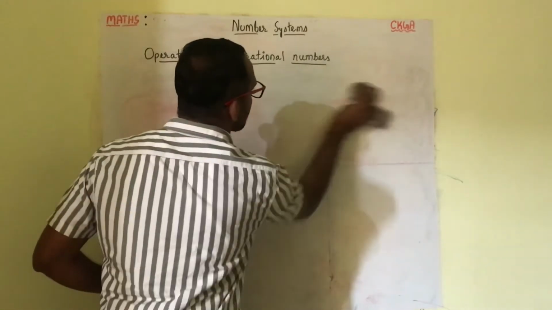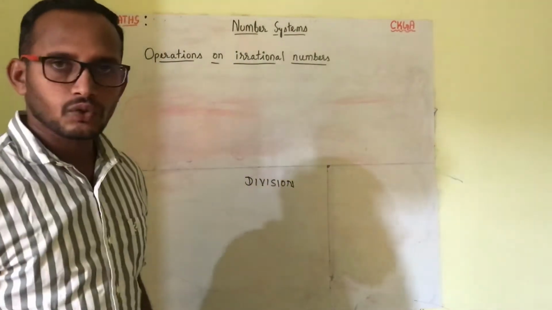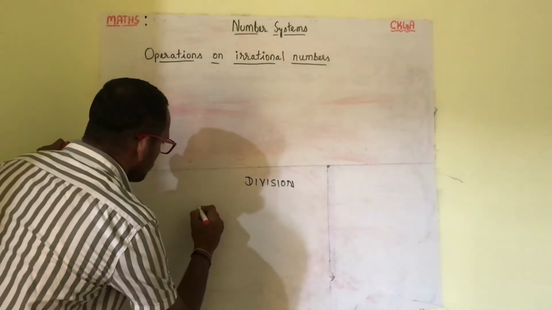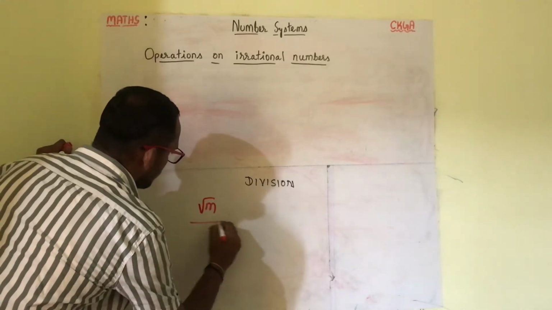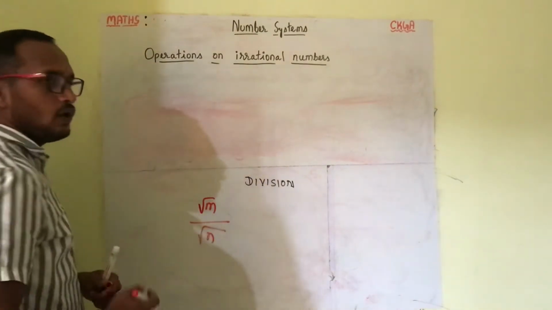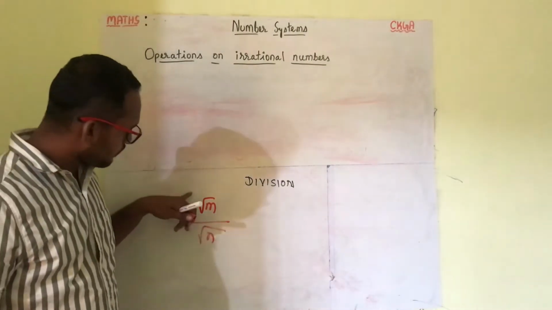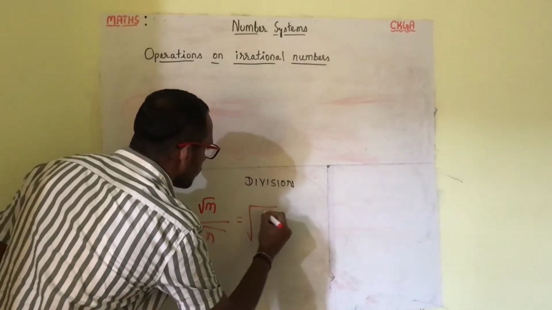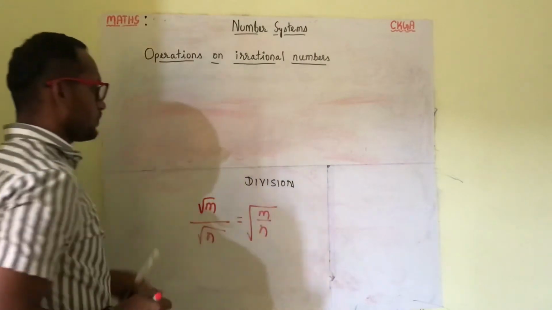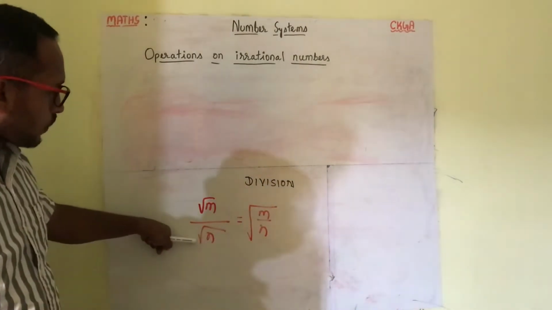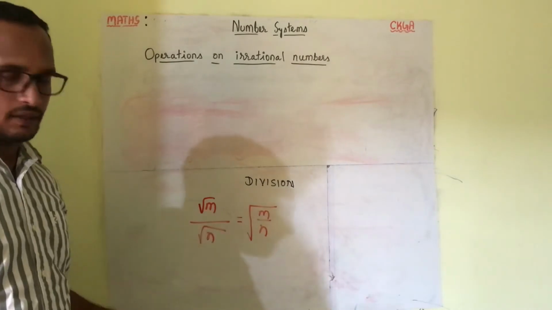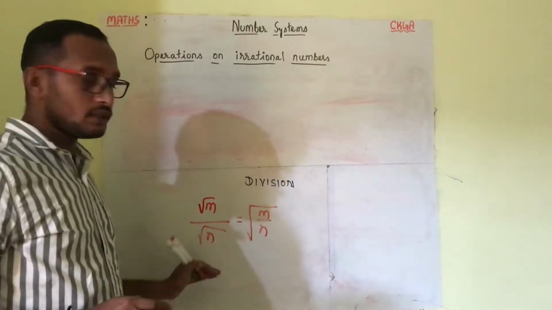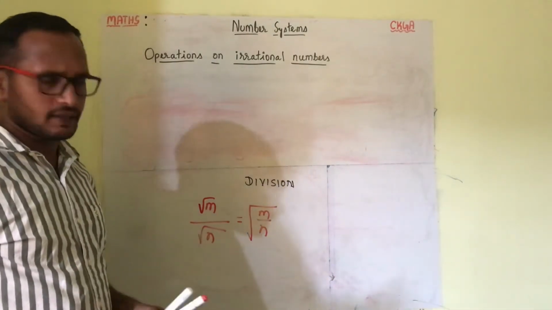Again, division will follow the same rule like multiplication. Just I'll write a rule or law first. So now suppose you have root m divided by root n. You can say both the roots are in the same order. Then that could be written in the form of square root of m by n. So you just record this one. Root m by root n can be written as square root of m by n. So now you can say different orders you can't express. If there is the same order, you could write root m by root n as just root of m by n. I'll take some examples.